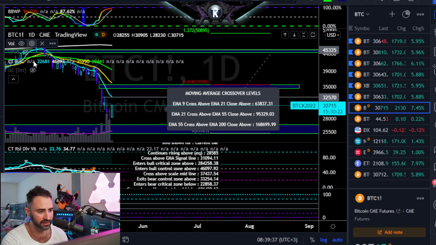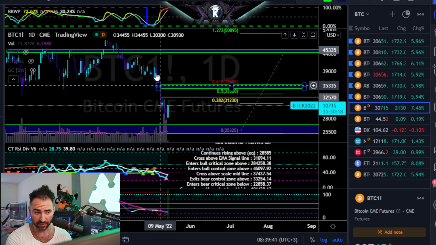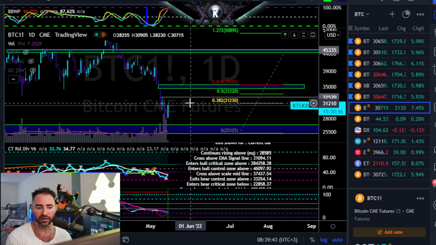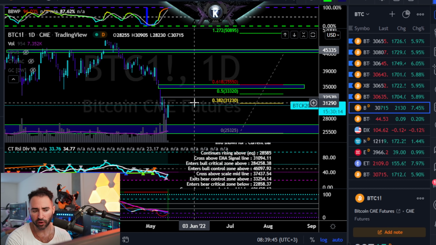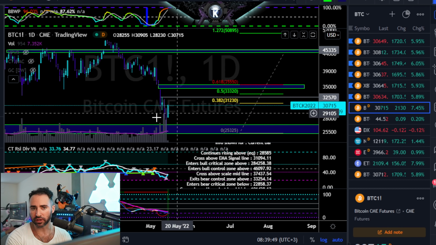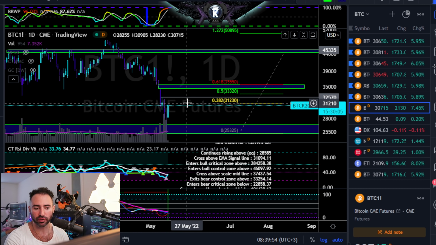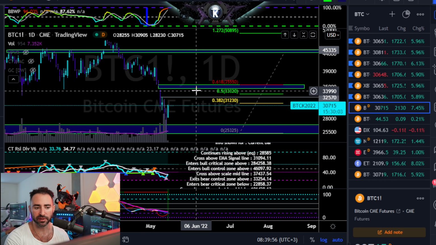If I take this off so you can actually see, or if I draw a fib on this from the high to the low of this current move, we have some pretty obvious areas. One of them we're almost at right now, about 31,250, the 382. I would be looking for maybe short-term pullbacks around there ultimately. But any sort of a closure above there on a daily, and I would be looking for Bitcoin to pop